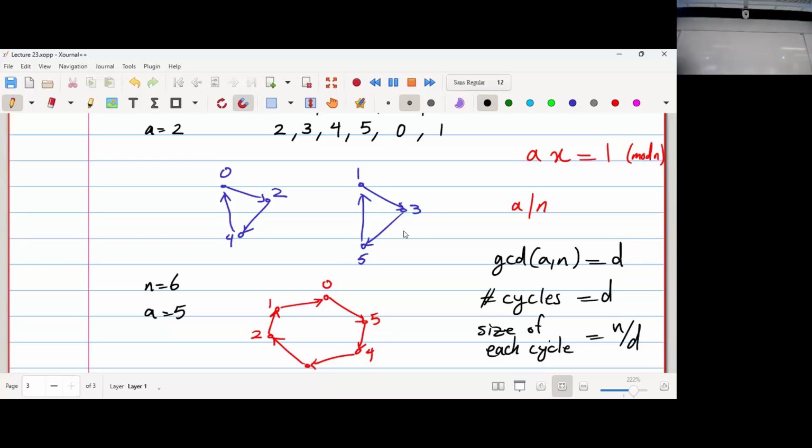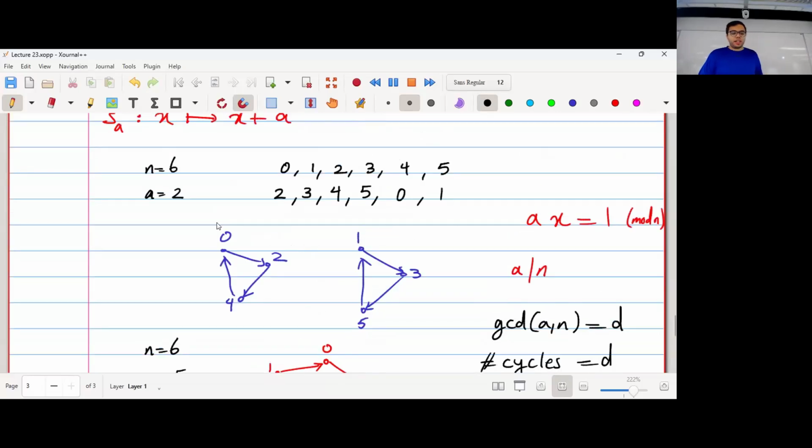Well, it's pretty easy to prove it when a is a divisor of n, right? So if n is a multiple of a, such as this case here, n is 6, a is 2, n is a multiple of a. So I'm going to have 2 times 2, 2 times 3, and so on. And as soon as I get to 2 times 3, that's already 6. So my cycle closes because 2 times 3 is just 0, right? So in general,